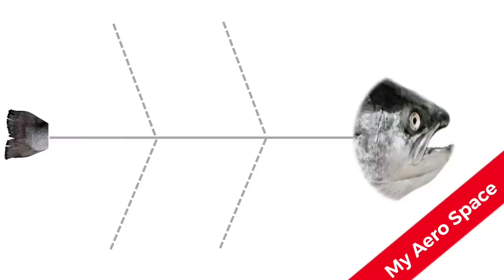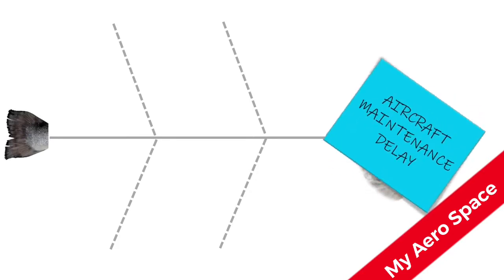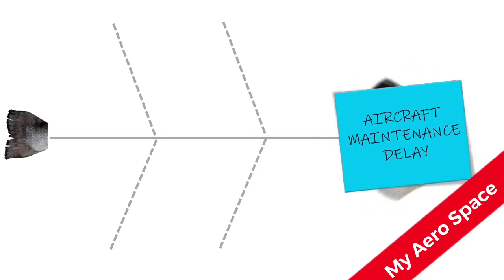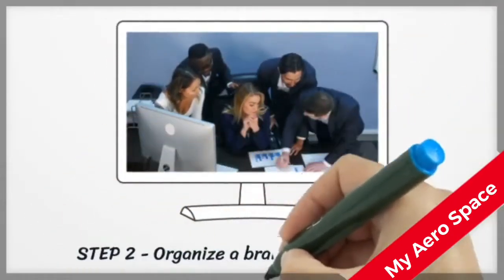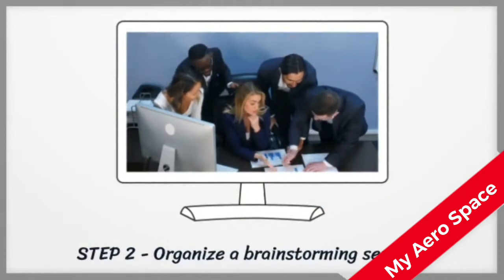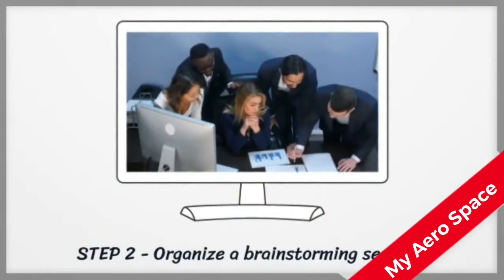Let's go step by step. First step, identify the core problem, and that becomes your header. In this case, technical delay in releasing the aircraft to service is the core problem. Let's work around that problem. Each participant must identify reasons for the problem from his work perspective, and the organizer will start noting down under